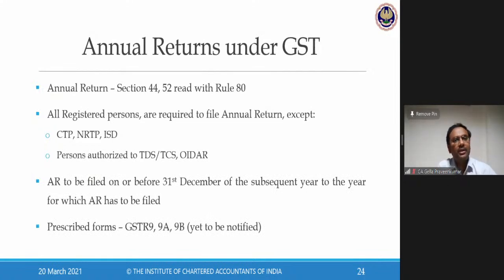We come to the next aspect, called annual returns under GST law. I would expect one question on this in the May 2021 attempt. I would say this is a sunset clause for your November 2021 attempt, because in the recent budget amendment, the Honorable Finance Minister has announced that Section 44 will be removed from the GST law itself. I believe the May 2021 attempt is going to be the final attempt where Section 44 is put to the test. So please expect one 4-mark theory question from your examination point of view.